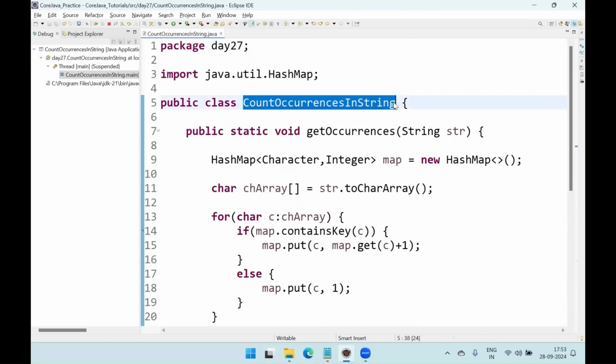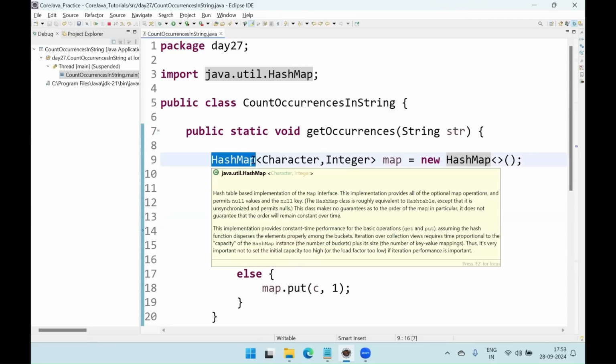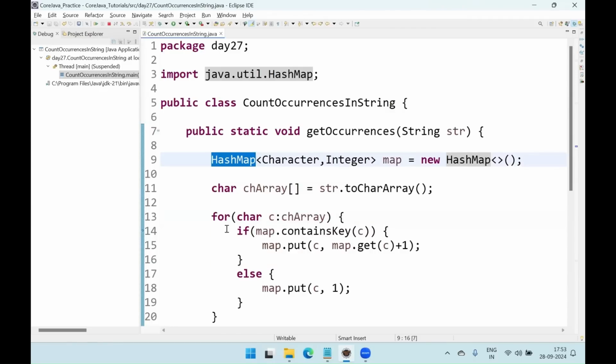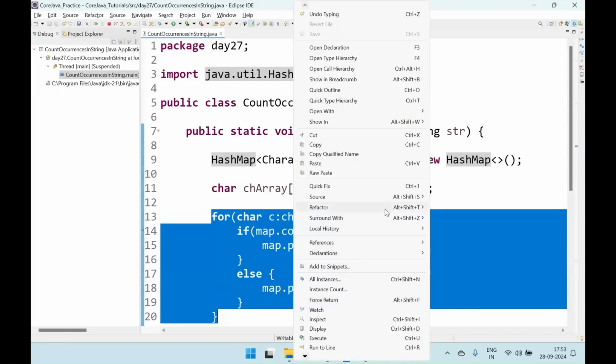So this is a simple code I have showed, but you can solve it in multiple ways based on the problem statement. So you can use the hash map and it can be quickly solved, but if you are trying with other ways like arrays or using the two for loops also you can use to solve this, but that will be slightly tricky and complicated. So use the hash map. If they don't specify anything, right, you can directly use the hash map and you can use this logic to build the logic. So if I run as Java application,